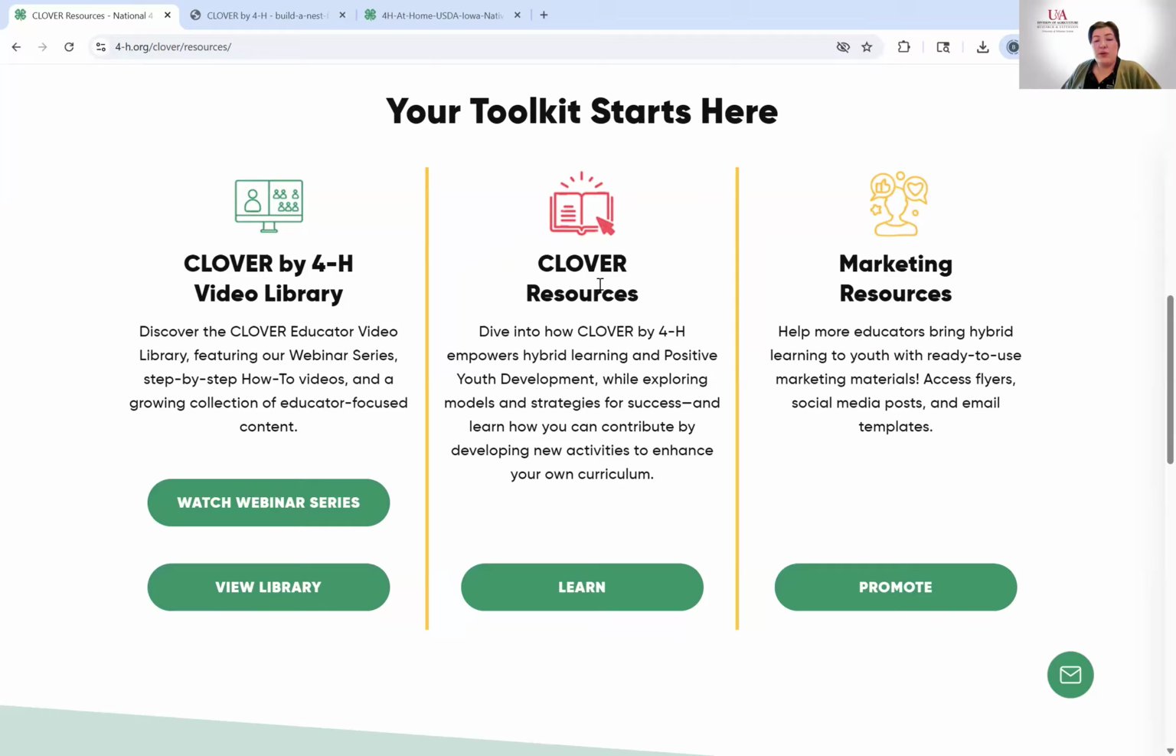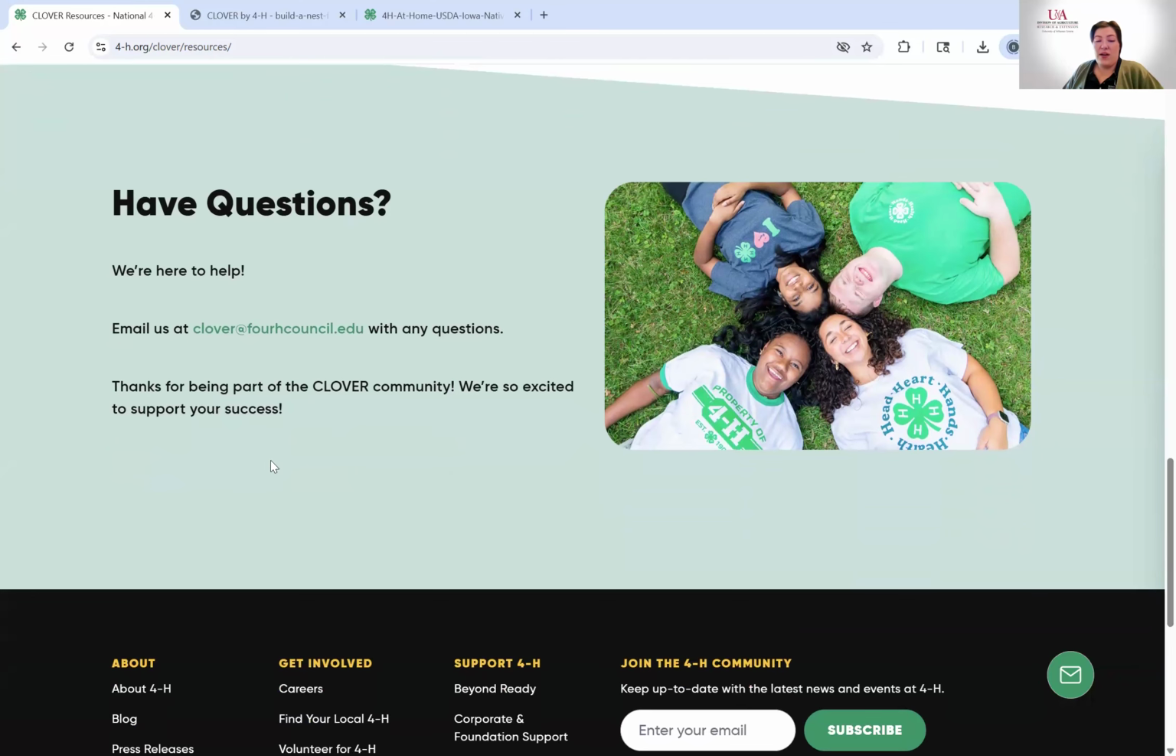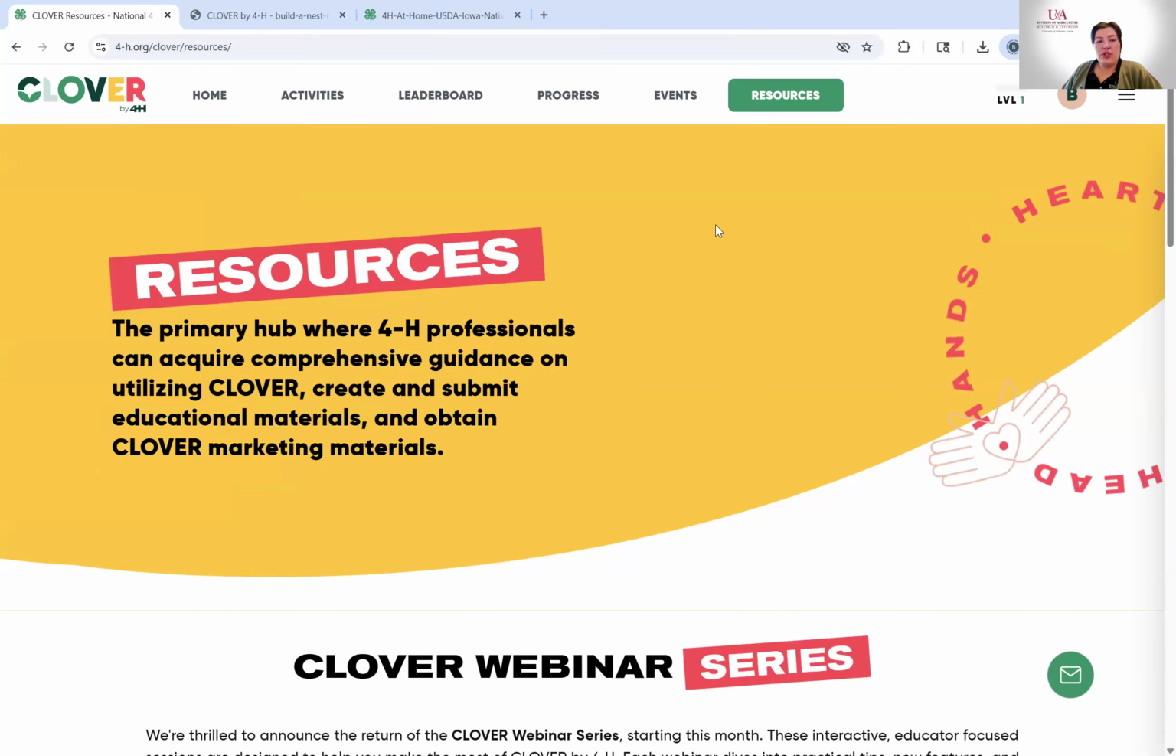If you want to look at specific resources or marketing, so if you're doing Clover by 4-H and you want to advertise and market the programs that you're going to be diving into, it's going to have flyers, social media, email templates, all that good stuff. So you can say, hey, this month we're going to be working on pollinator programs. And then there's going to be flyers and posts about it so that you can have youth go ahead and register in Clover, and then they can get a little taste of what they're going to be learning. And then they also have an email they can contact you with, and you can contact them if you have any questions. Otherwise, just to go back,